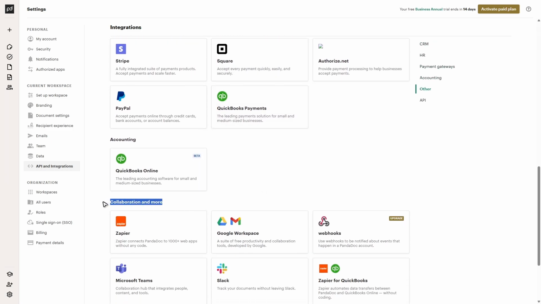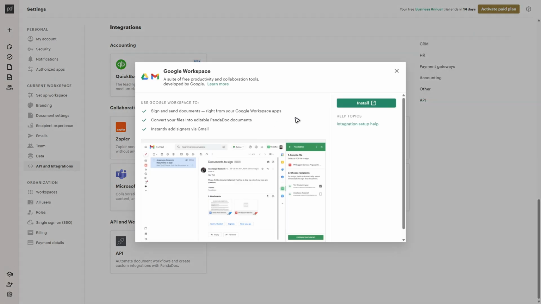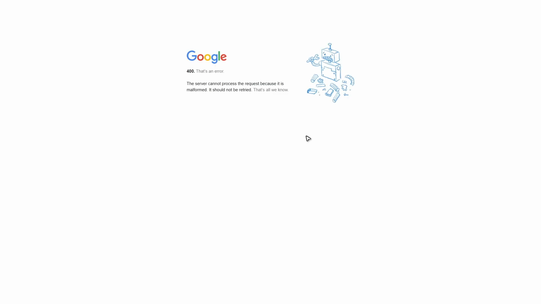section, collaboration and more. As you can see, we have Google Workspace, and inside the Google Workspace you have the Gmail. So just go ahead and click on it. Now click on install, and once done, just log in with your Google account. As you can see here, I don't know why this is happening, but that's basically how you connect Gmail to